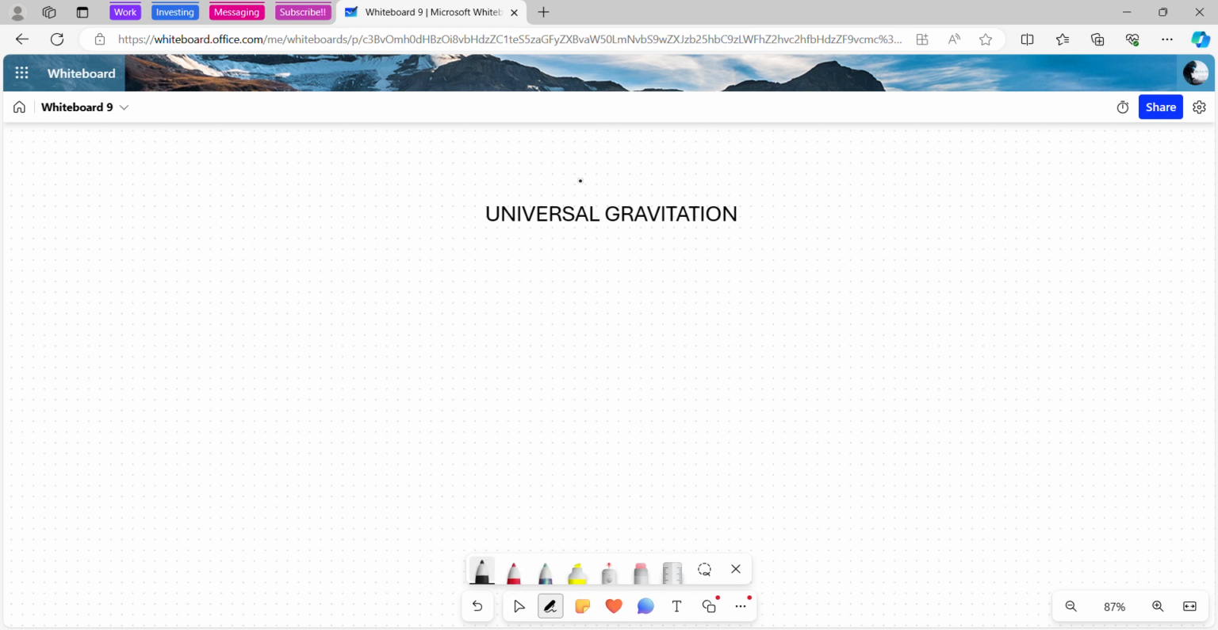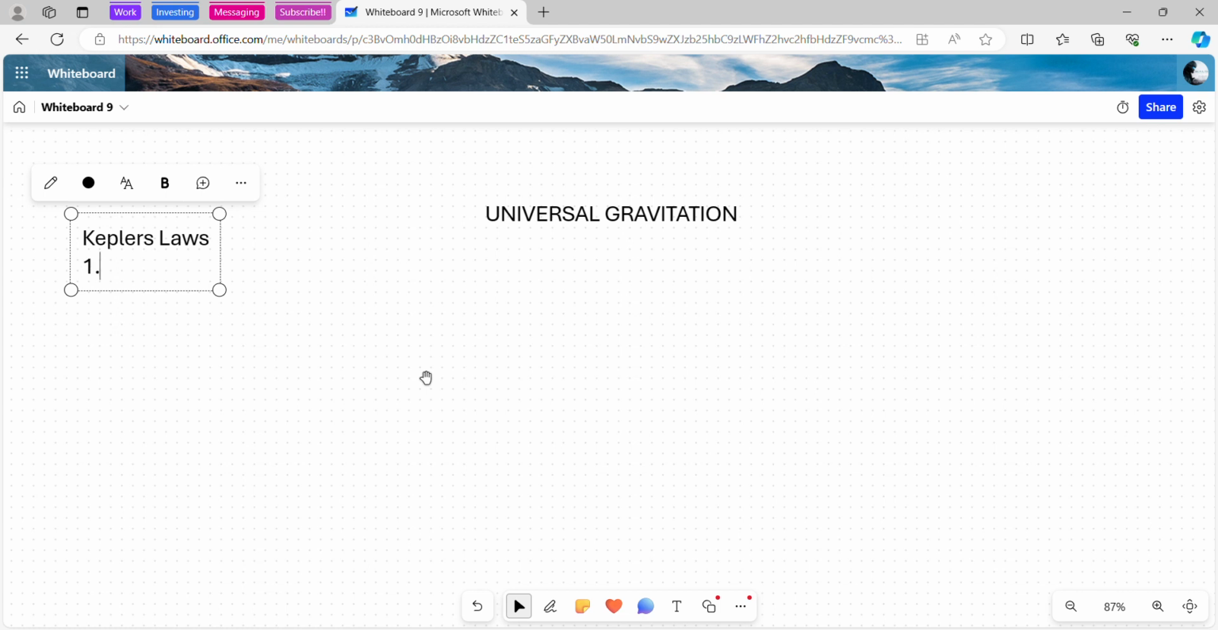Today we're going to be talking about universal gravitation. The first thing we're going to talk about is Kepler's laws. Kepler's got three laws, just like Newton, and his laws are basically that